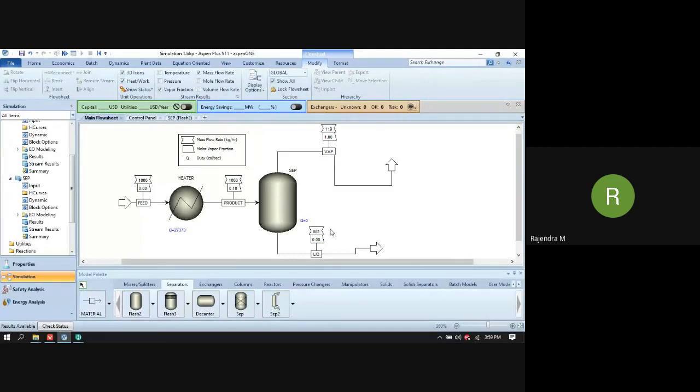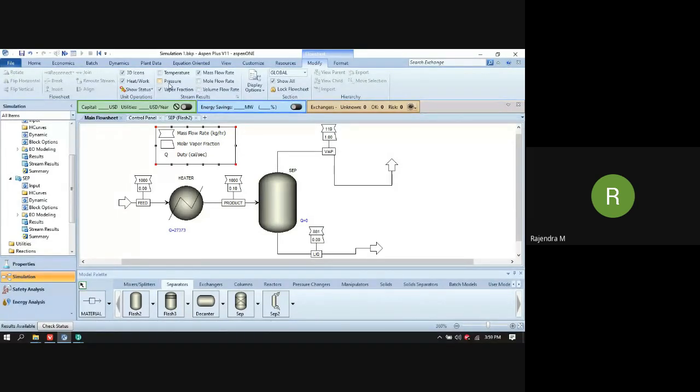So this window is a vapor fraction, a molar vapor fraction. And we have a vapor flow rate of 119 kg per hour and a liquid flow rate of 881 kg per hour.